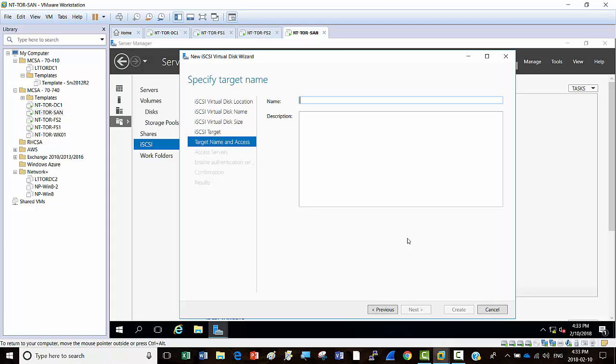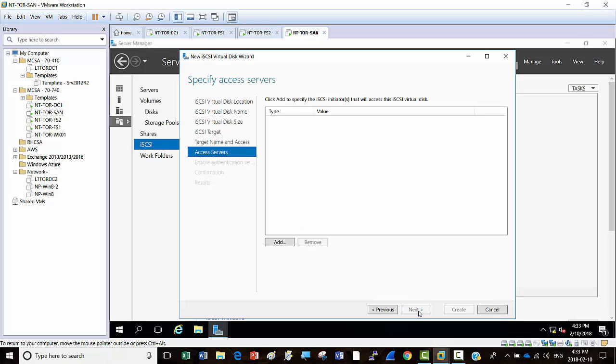What is the target name? So what we were giving the name before, so it's okay. So then next, and now click add to specify the iSCSI initiators that will access this iSCSI virtual disk. So add,